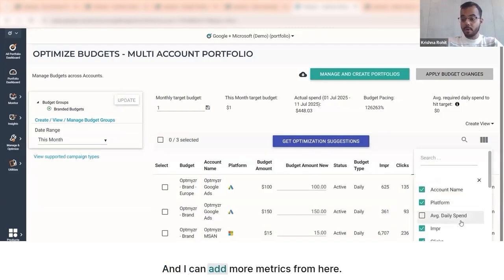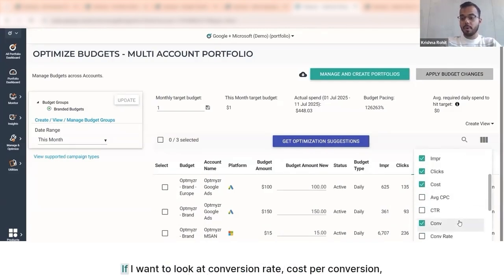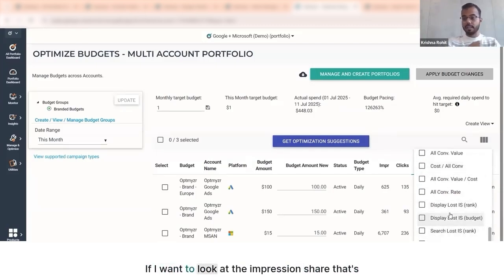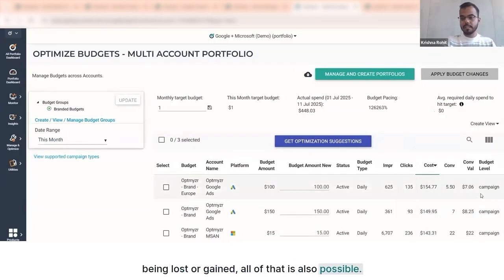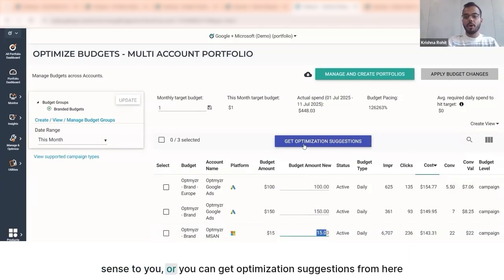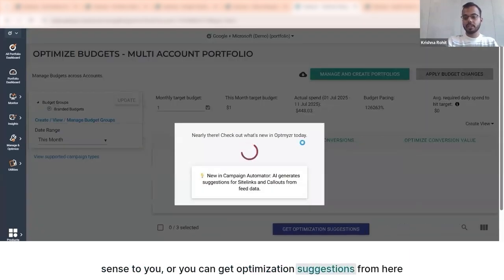And I can add more metrics from here. If I want to look at conversion rate, cost per conversion, or any of the other metrics, I can plug all of these in. If I want to look at the impression share that's being lost or gained, all of that is also possible. So you add all of that, look at the data, and based on this, you can manually adjust budgets. You can reallocate the budgets based on a particular logic that makes sense to you, or you can get optimization suggestions from here